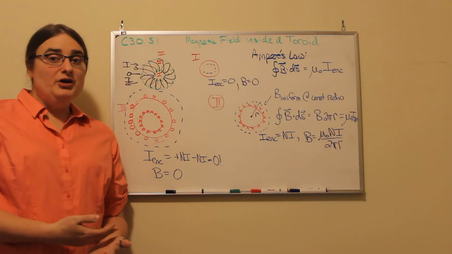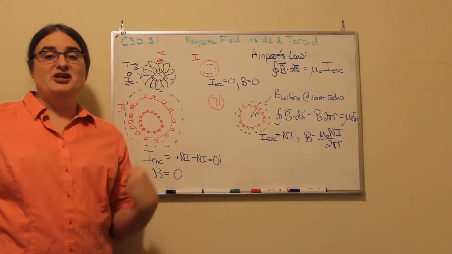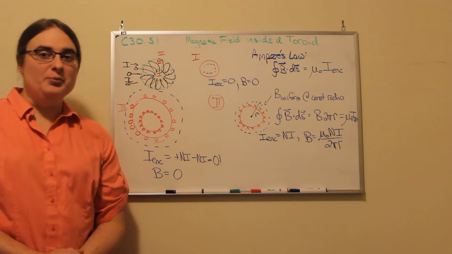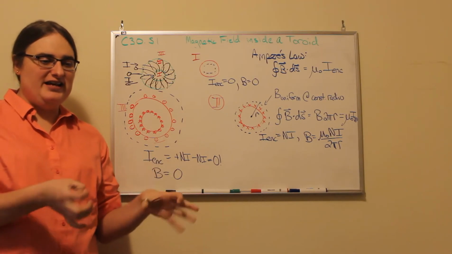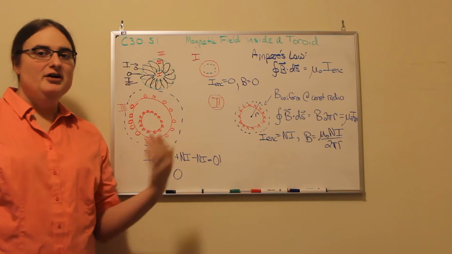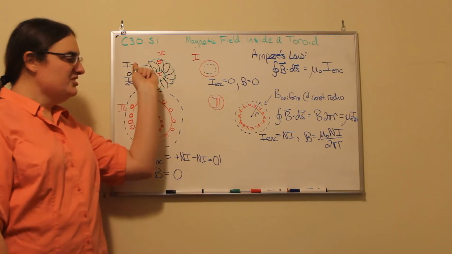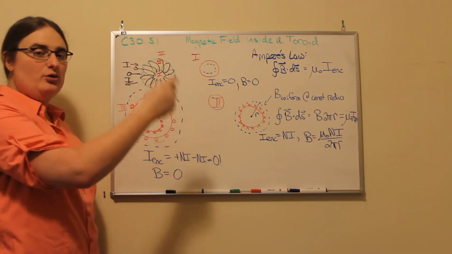Welcome. Here we're going to calculate the magnetic field inside a toroid using Ampere's law. Now, a toroid is essentially a really fancy word for the same geometric shape of an everyday common glazed donut. So to make a toroidal magnetic field, we could imagine taking a wire and winding that wire around the donut